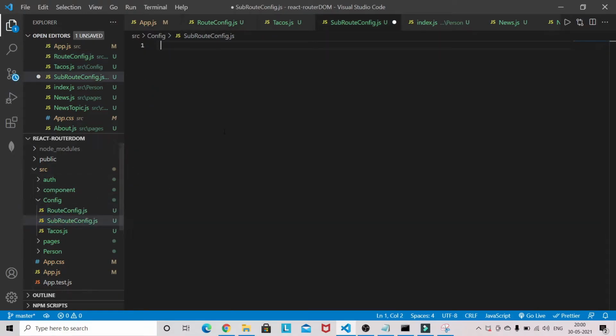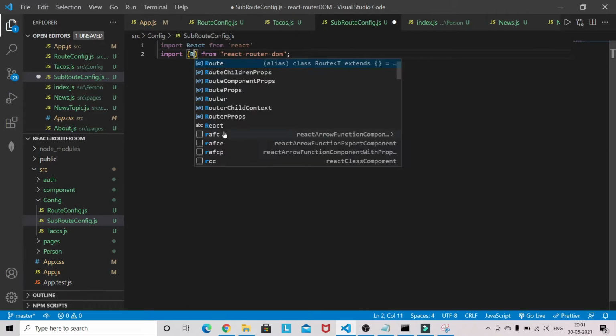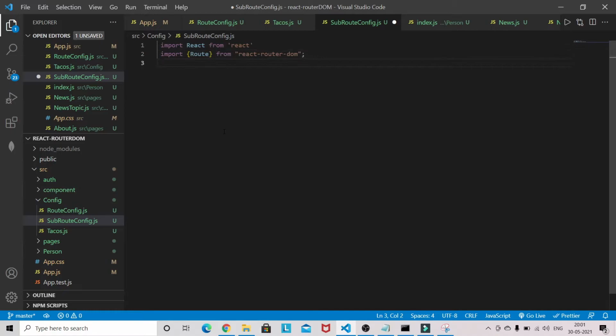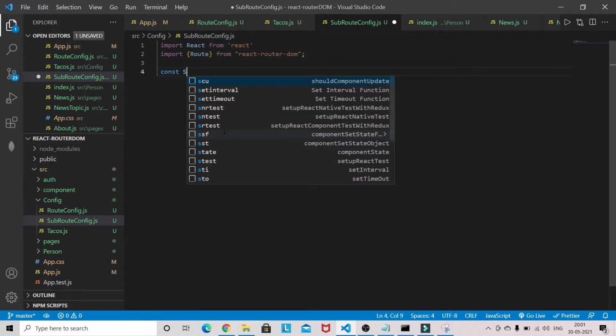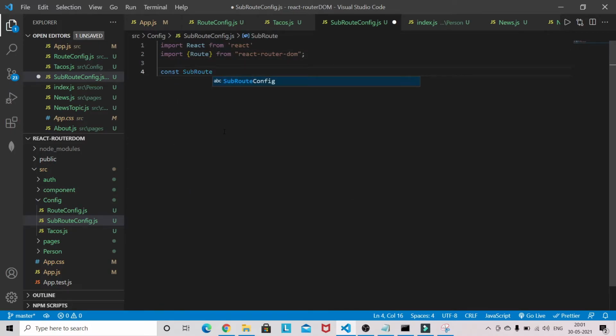Now we need to write some configuration here for hub route as well. So I will import React from React Router DOM. I need sub route config.